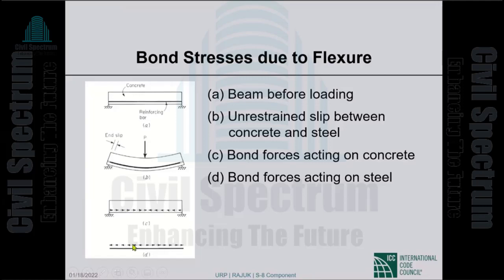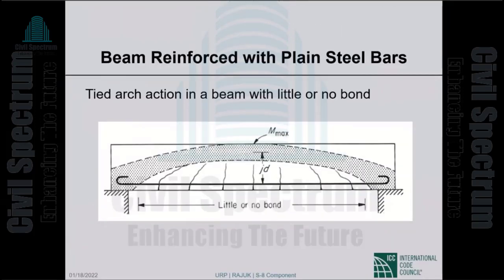Those stresses are trying to stretch the reinforcement, trying to bring it out. So the bond stresses acting on the concrete are trying to bring the concrete portion in. The bond stresses acting on the reinforcing steel are trying to bring the reinforcing steel outwards, and the two together would make the concrete and the steel deform together under vertical loads. So this is the very basics of bond stresses between the two.